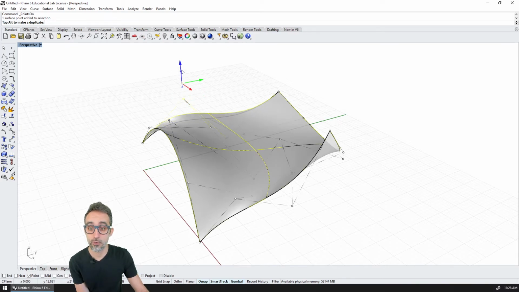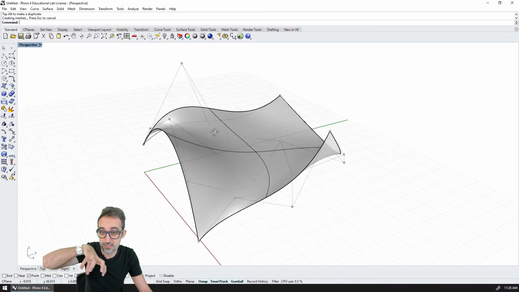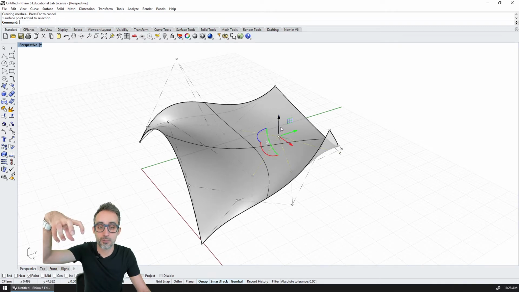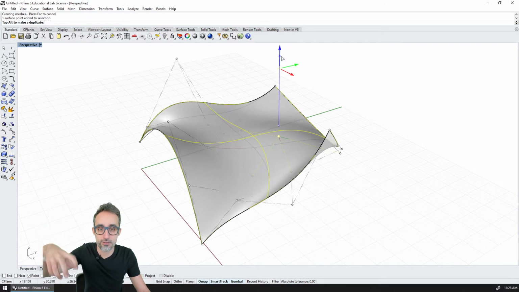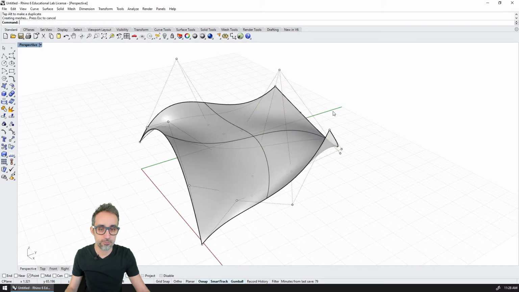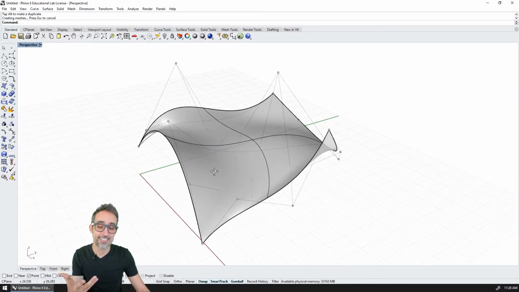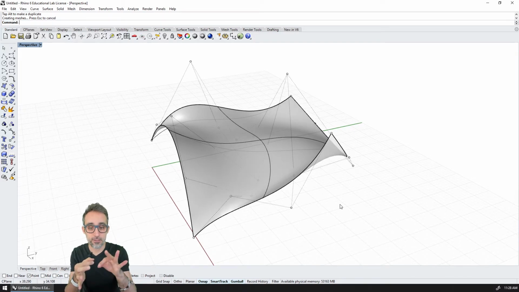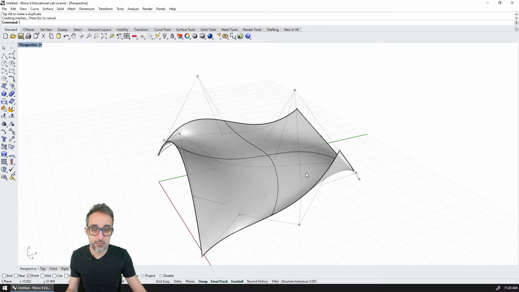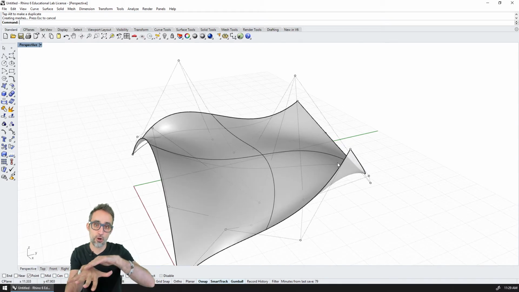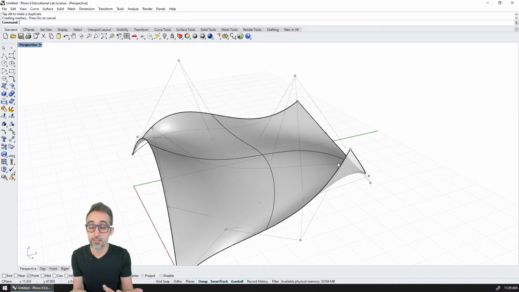So I can drag this point up, and you can see that the surface smoothly bumps up. And this one I can also bump all the way up here, and then the surface now has this bump here. And the idea that by dragging and modifying the control points, I can create smooth variations on the surface of the object is one of the powers of NURBS modeling. And it's one of the powers that make it so attractive for free-form modeling.